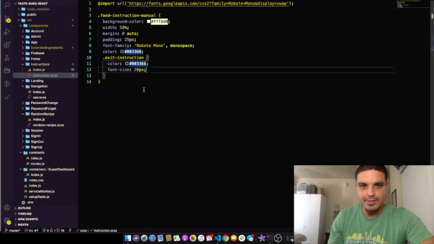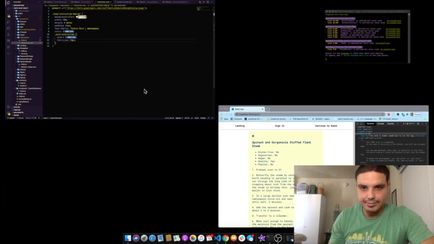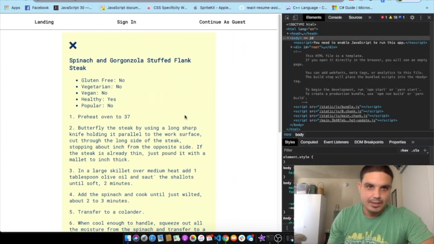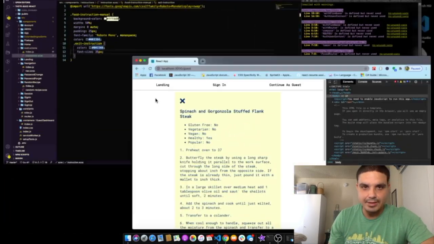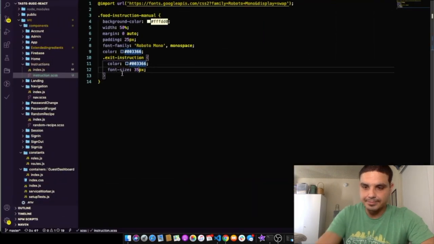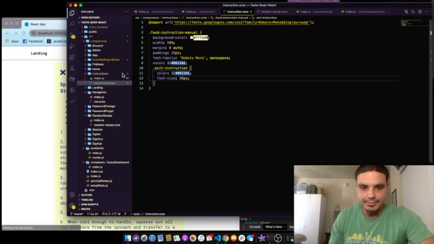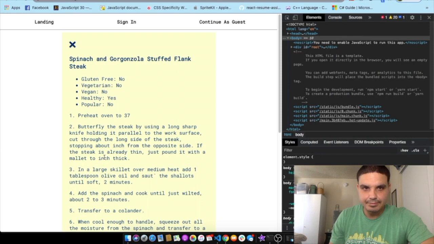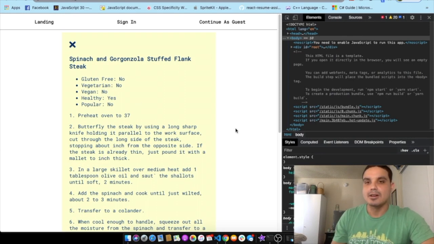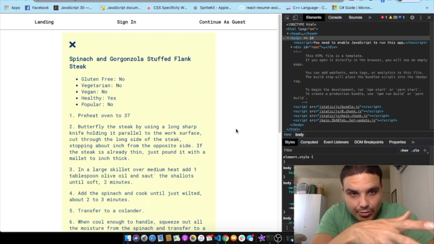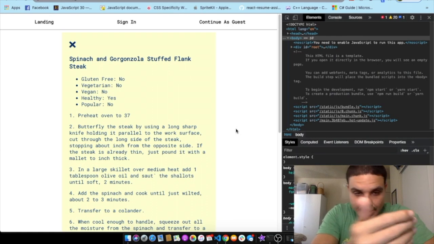Too small, much bigger. I want to say 35. Too big. I would say 30. That's much more reasonable. Okay, so now what we can do is, now that everything is uniform and within the same